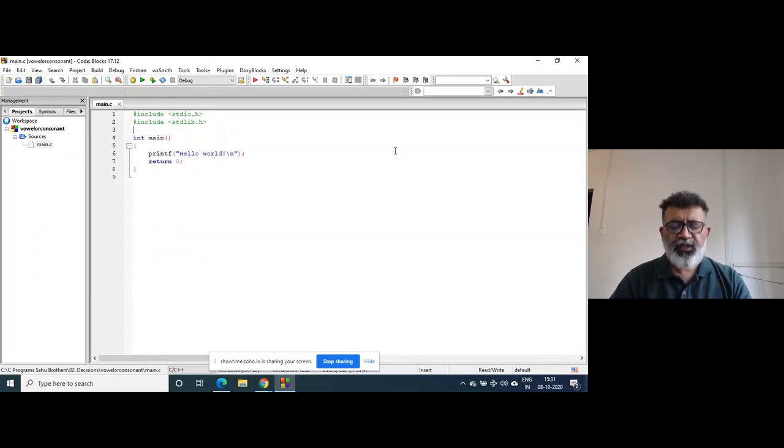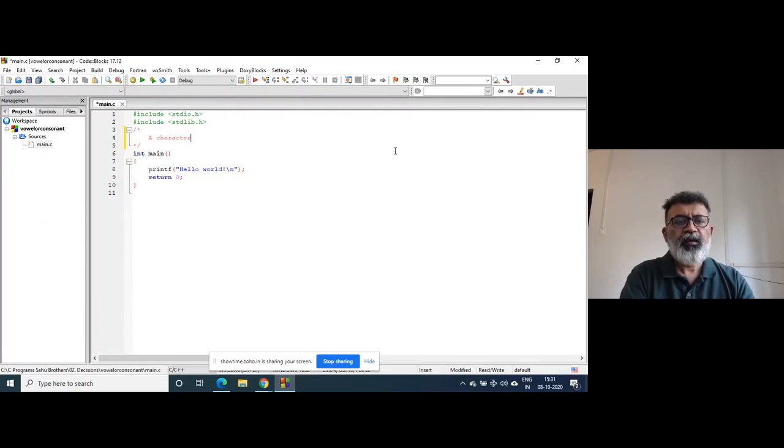The program says that a character is input through the keyboard.